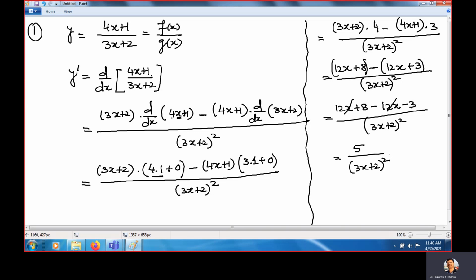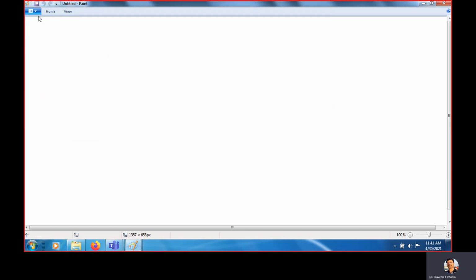Clear? This is the solution. So dear friends, you need to practice these questions. You need to solve the same question two times, three times. Then you will understand what steps we are taking to get the output. Okay, so this is the formula. Only we use the formula here. The rest is calculation, the simplification process, that you can learn by practicing only.